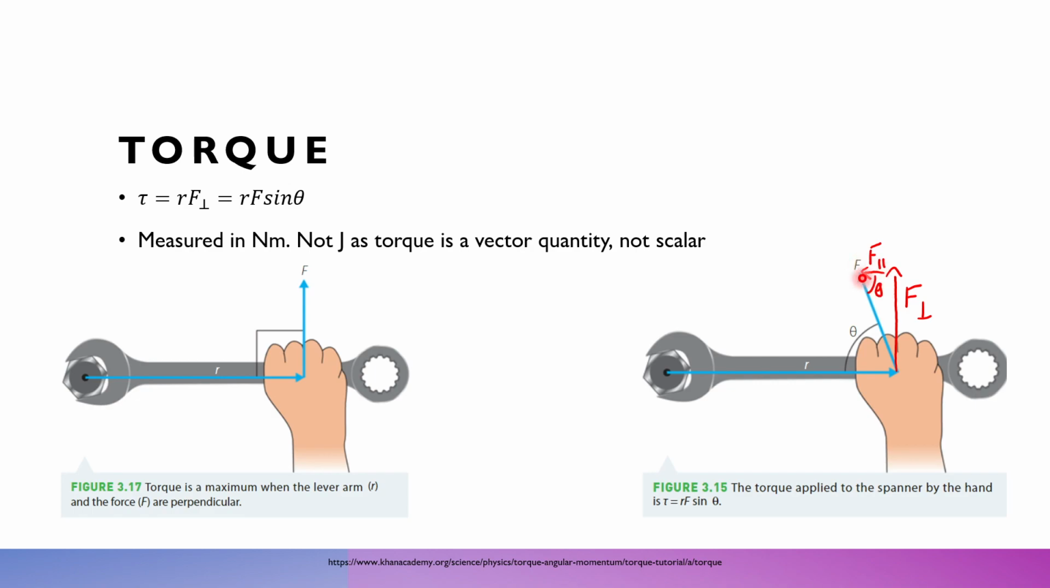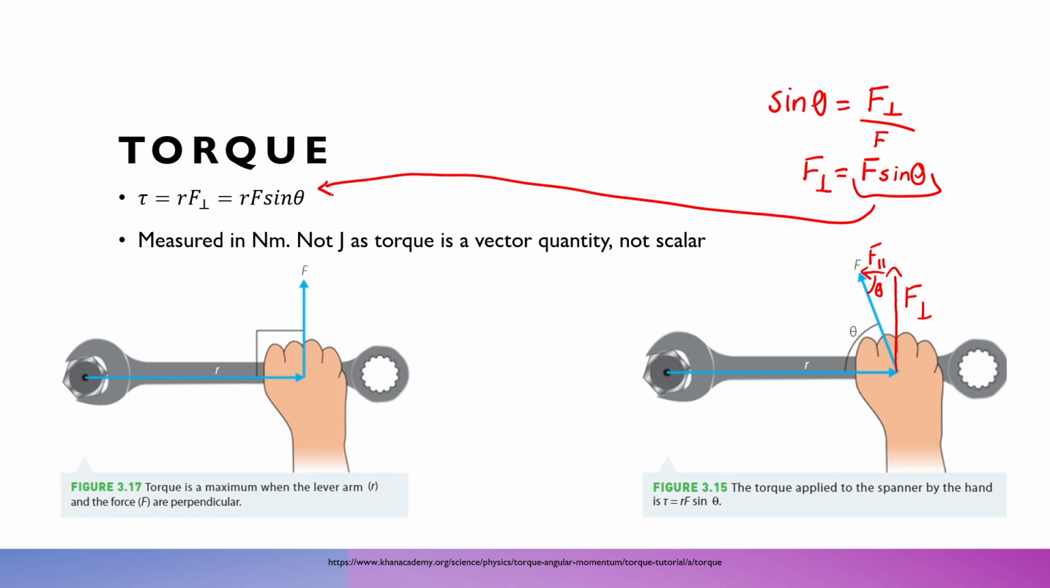Given that we have a right-angled triangle with angle theta, we can determine that sine of theta is going to be equal to opposite over hypotenuse, which in this case is F perpendicular on F, meaning that F perpendicular is simply equal to F times sine theta, which is the term that we find in our alternate equation for